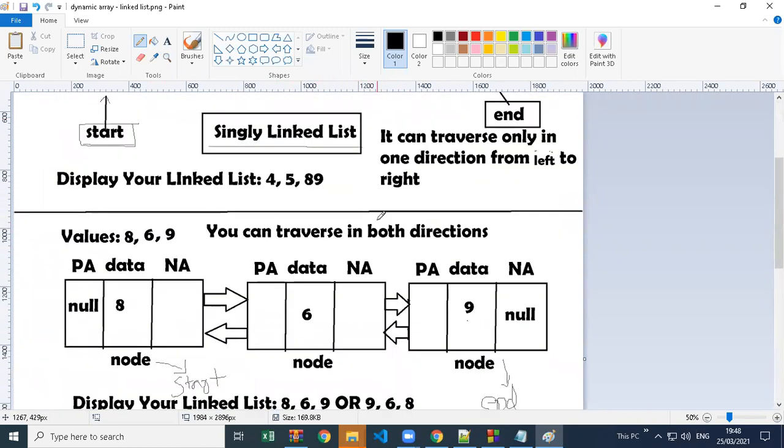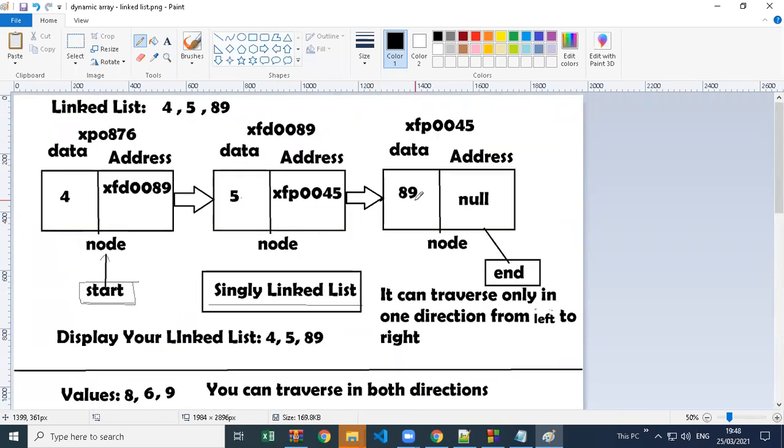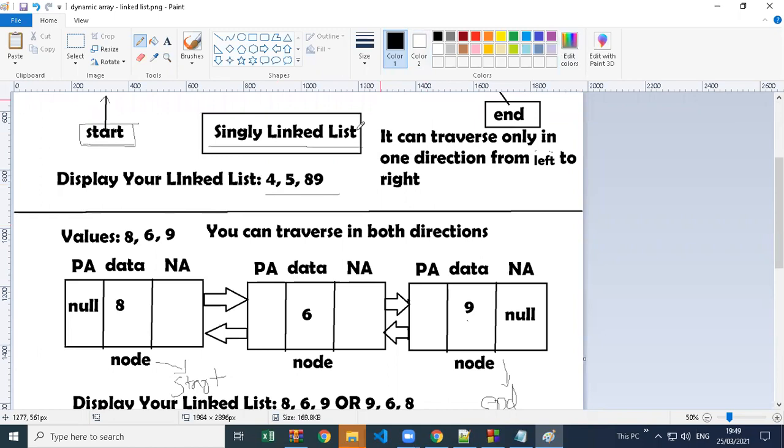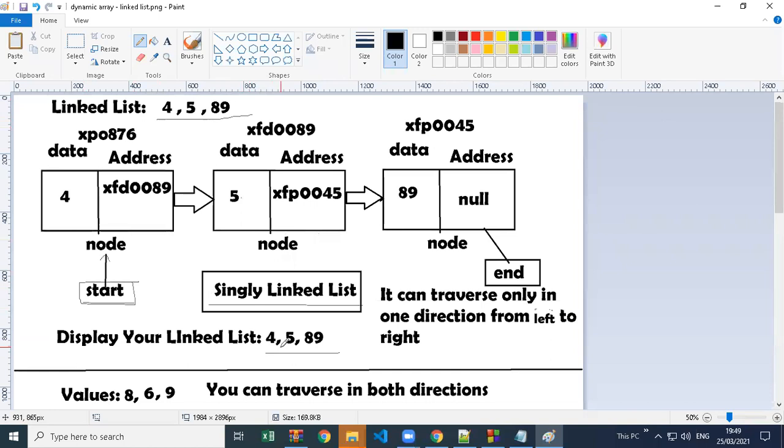Now there is a question. If you have a singly linked list, maybe this question rises in your mind. You know the answer already, or you would not ask me this question. These are the possibilities. A singly linked list is going to traverse in one order: whatever you store, 4589, the same values are printed, 4589. You stored 4589, you got 4589. Normally we do the same thing, we store something and we get the same thing in output.